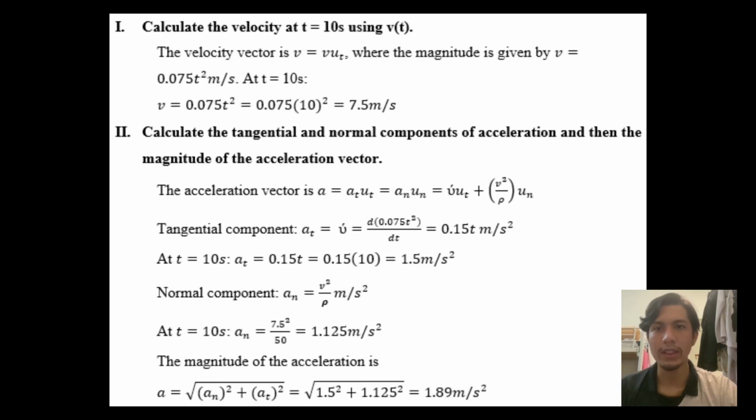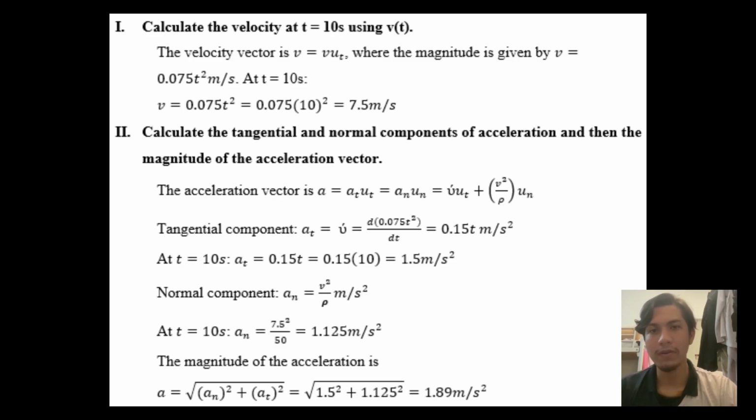We replace AT equals V dot and AN equals V squared over P. To find the tangential component, we must differentiate V, which is 0.075 t squared, and the answer we got is